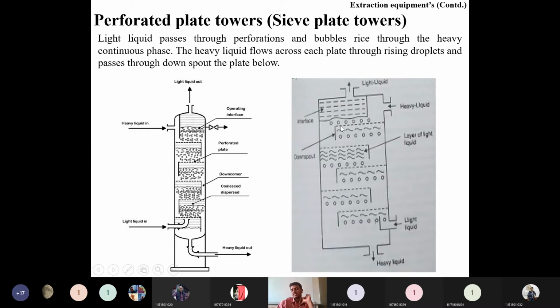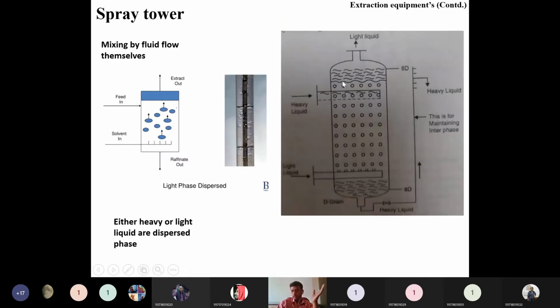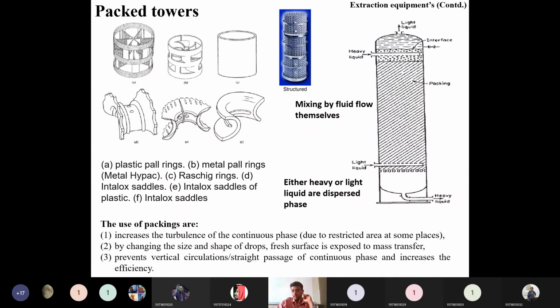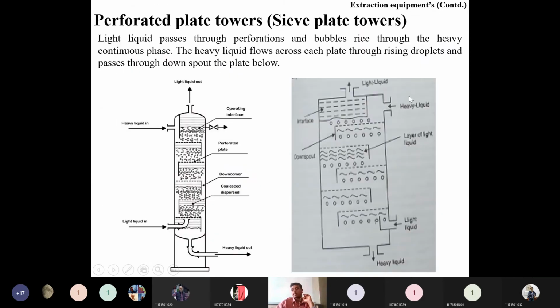So this type of restriction will be arranged. Basically, these are restrictions. Why? Because we have to keep this restriction to increase the intimate contact between the two phases. Otherwise, as in a spray chamber, direct flowing of the liquids will be possible. With direct flowing of the liquid, the efficiency of the column will not be very high. If some restrictions are there, then a tortuous path will be possible. Only through this tortuous path is it possible to have a large intimate contact between two phases.